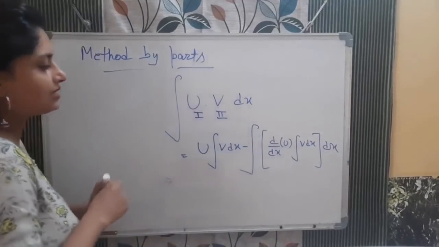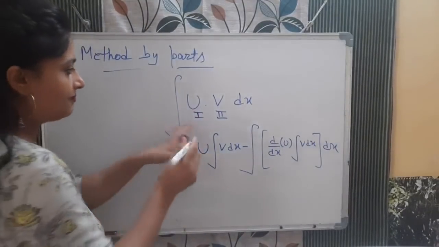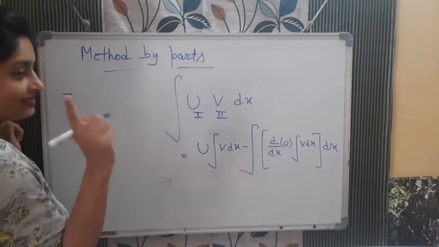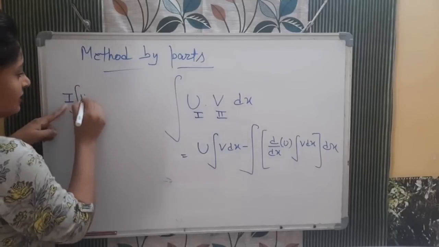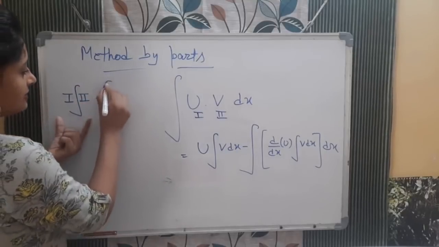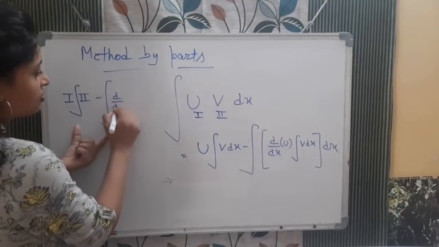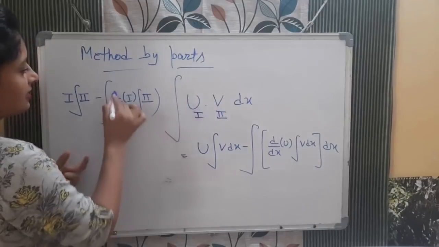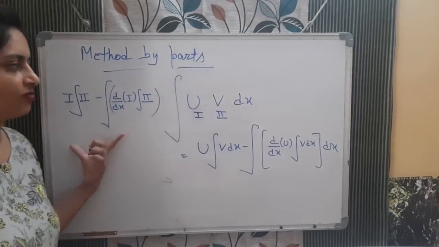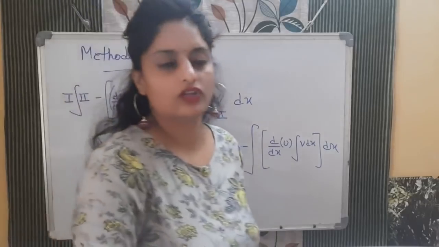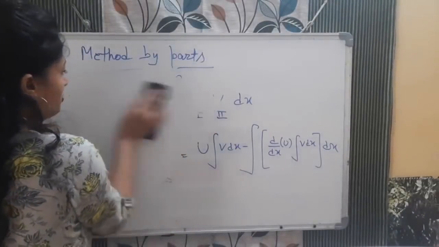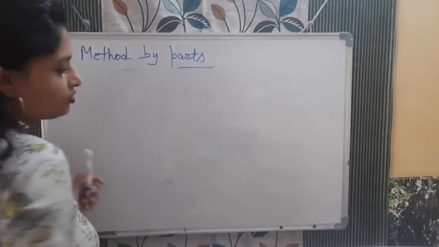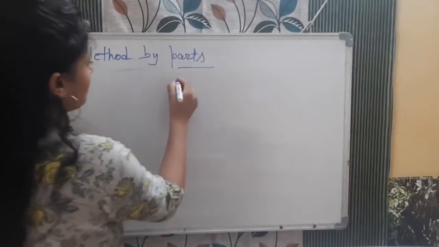Now listen, this looks a little strange, but it is not that difficult. Again, you will have two functions, 1 and 2. So whichever function you have first considered, that will be as it is, integration of second, okay, minus integration of the differentiation of the first function you have taken, then integration of second, and all this is inside this integration. So this is the formula for the product of two functions of x. Let us do one question on it, and I hope after that the formula will become easy and clear. When you solve more numericals, you will get it.